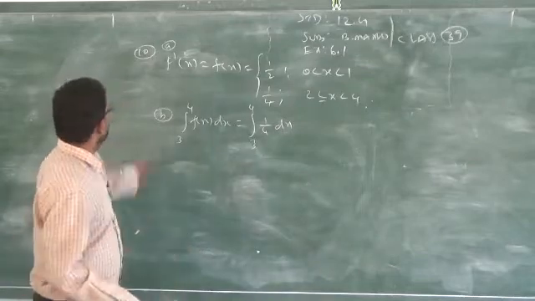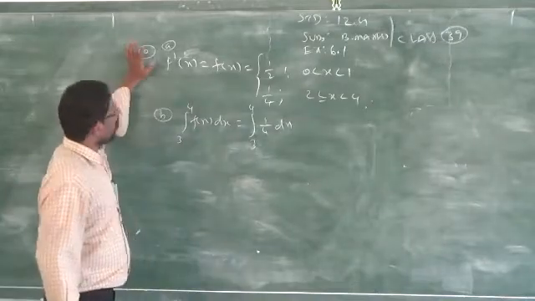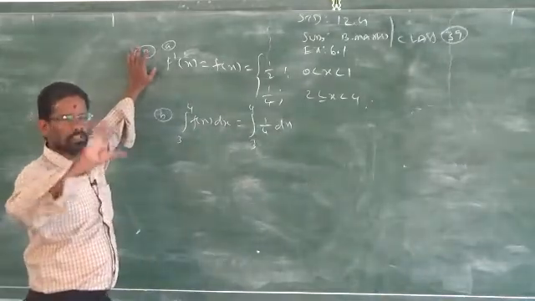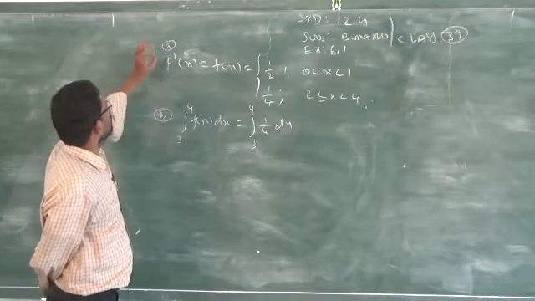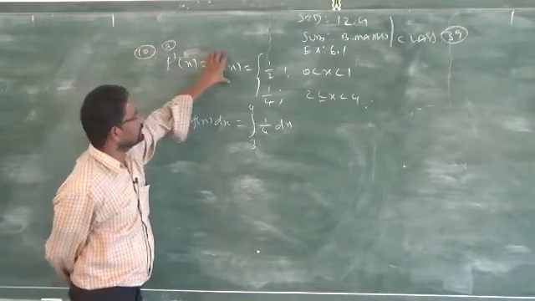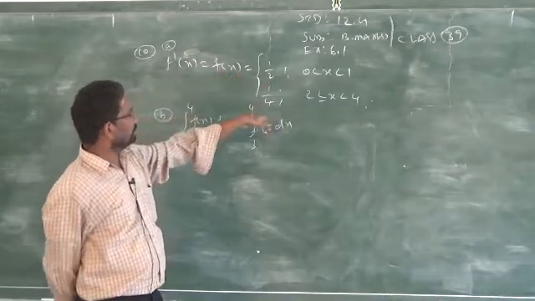We will continue with sum number 10. It is given capital F of x, that is, a distribution function. You know how to convert the distribution function into a density function. When you differentiate that distribution function, you will get the density function. So, I am differentiating. I got f of x is equal to 1 by 2, 1 by 4.